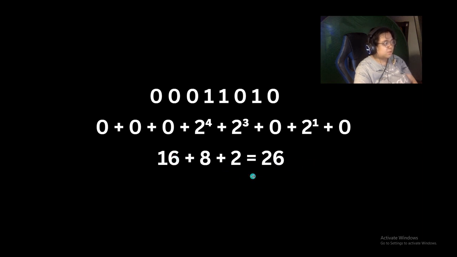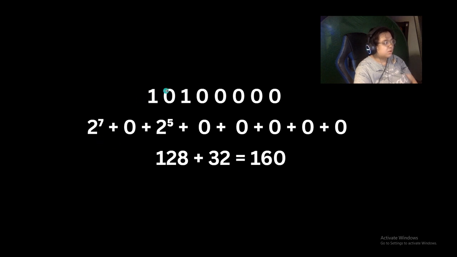For the last one, we have 10100000, which corresponds to 2 to the power of 7, plus 0, plus 2 to the power of 5, and the rest are zeros, so what we have is 128 plus 32, which is equal to 160. So these binary numbers are equal to